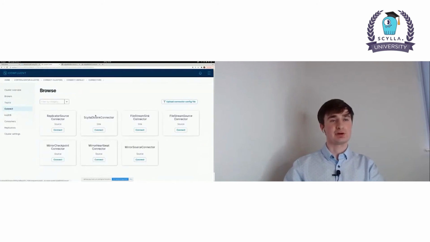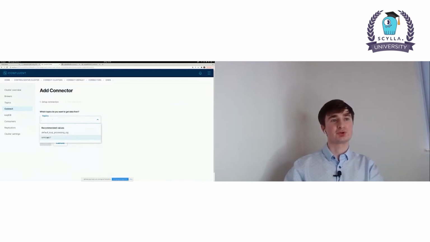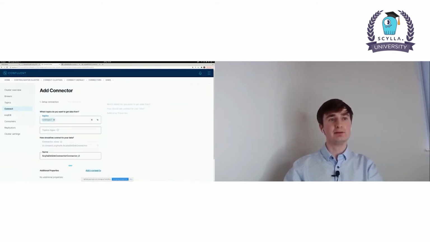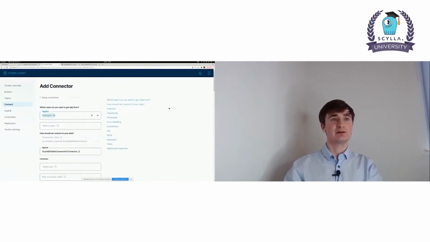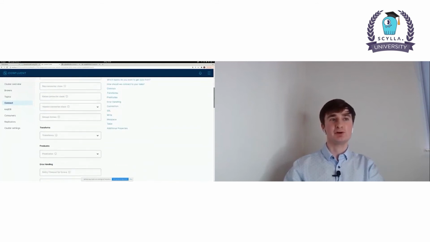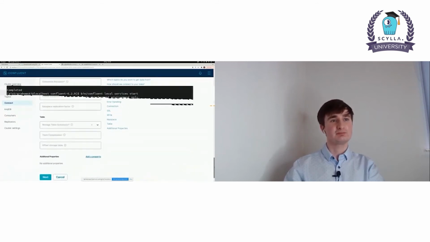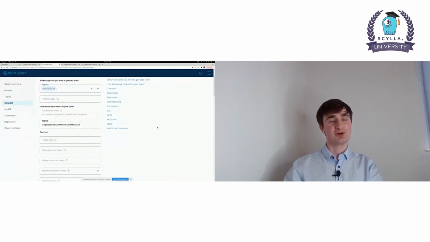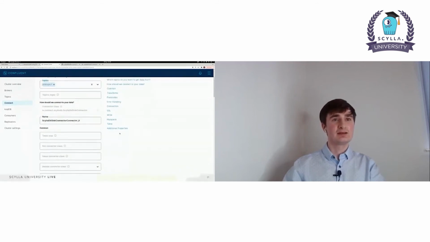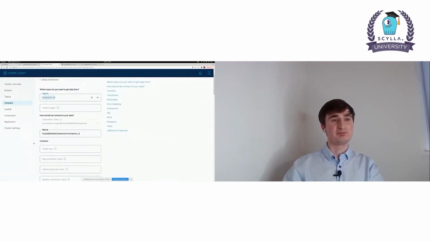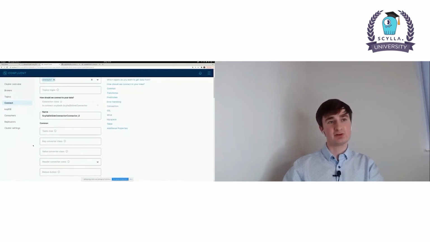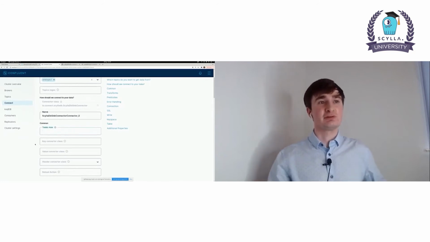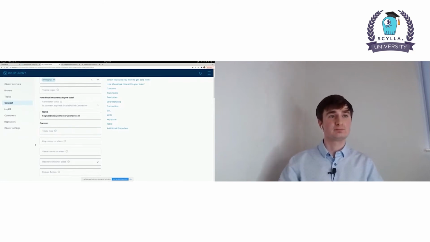And if we add the connector, we specify that we want to read the data from sync topic 1. And after we do it, a plethora of options appears, but thankfully, most of the options have reasonable defaults, so you only need to change a few settings.